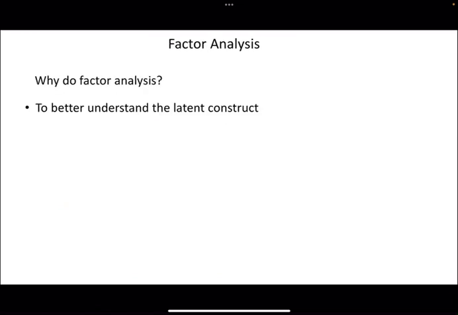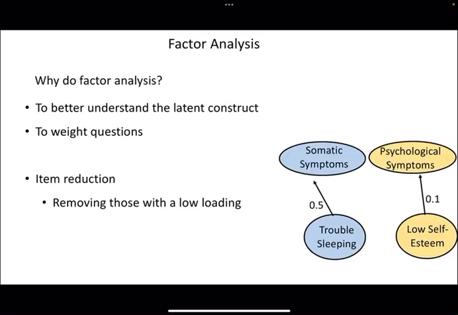And there's a lot of reasons to want to do factor analysis. Some of them are to better understand the latent construct, so find things like those somatic symptoms versus psychological symptoms. It kind of simplifies the construct of depression. It can be good for weighting questions, like I just described, where some questions might be more important than others in describing depression. It can also be useful in item reduction, and that's, again, in the context of scales, where